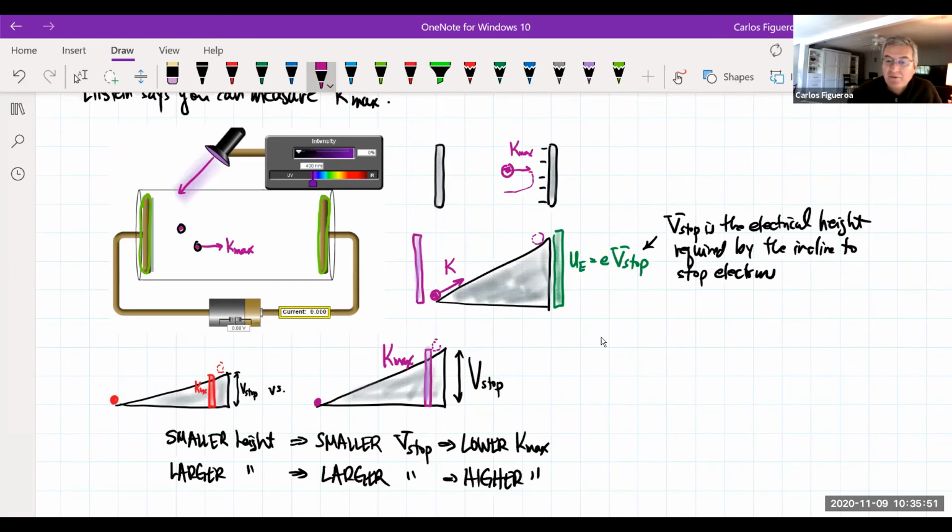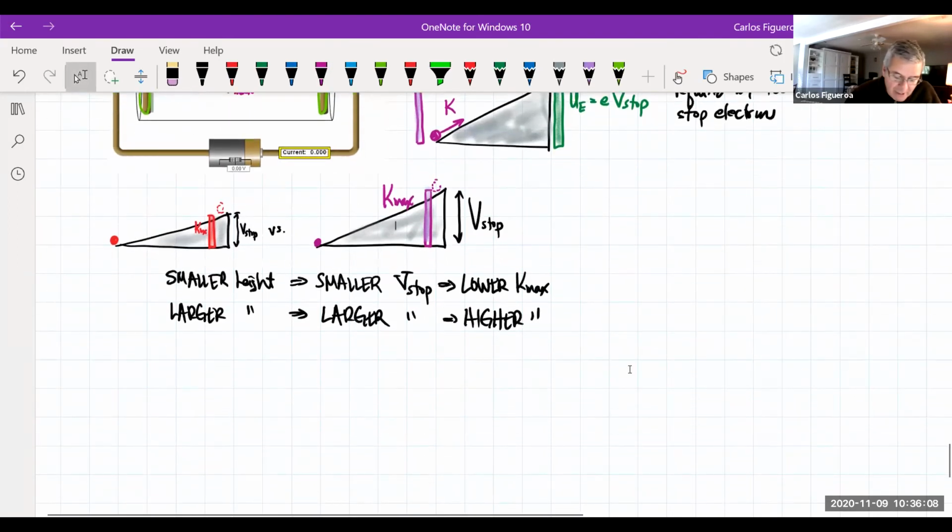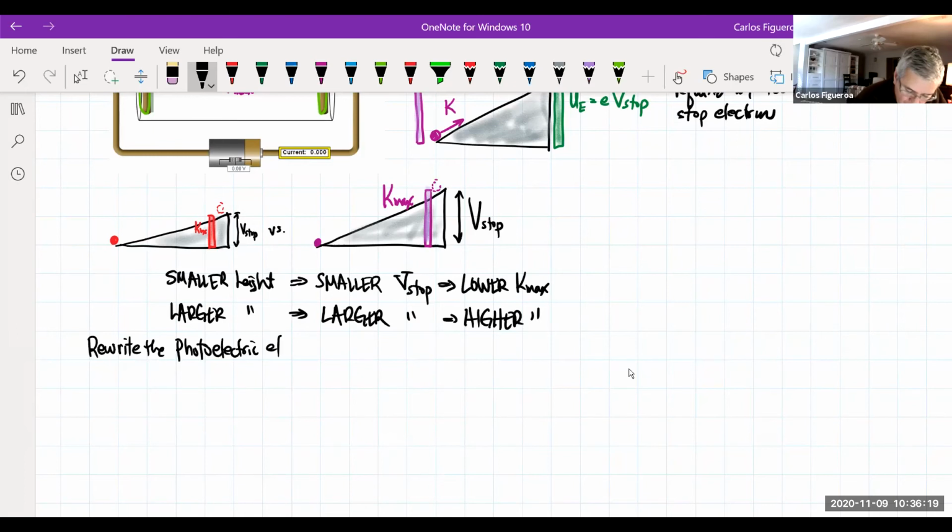And that's exactly, by the way, this picture of the incline is the exact model for parallel plates. There's no deviation here. This is not an analogy. This is actually a mathematical calculation. So what we do with this here is that we rewrite the photoelectric effect. And what you find here is that we know that we have K max, and then this is going to be e V stop